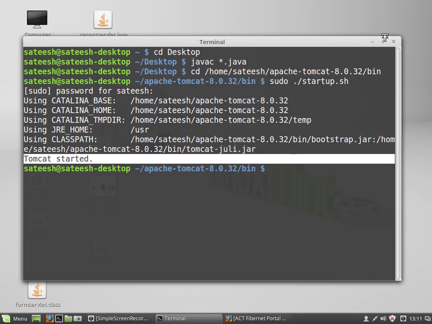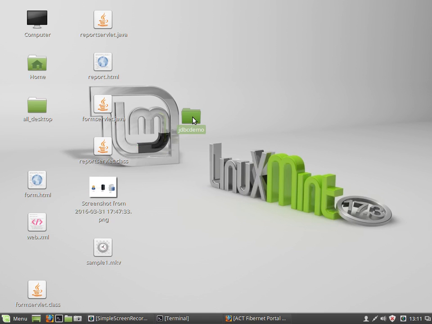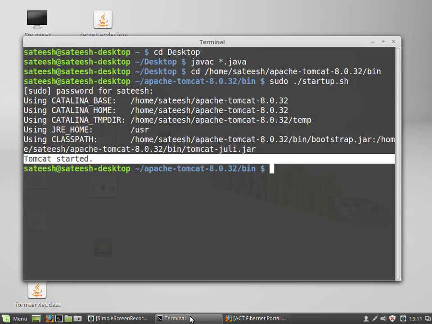Before that, as we have an entire folder, in two ways we can deploy. I already have a video on how to deploy a simple servlet application. In case you are not aware, please watch that video on how to deploy a simple servlet in Apache Tomcat. In two ways we can do it: simply copying this entire folder into Apache Tomcat's webapps folder. That is one way. The second way is to create a web archive file. So I recommend creating a web archive file,